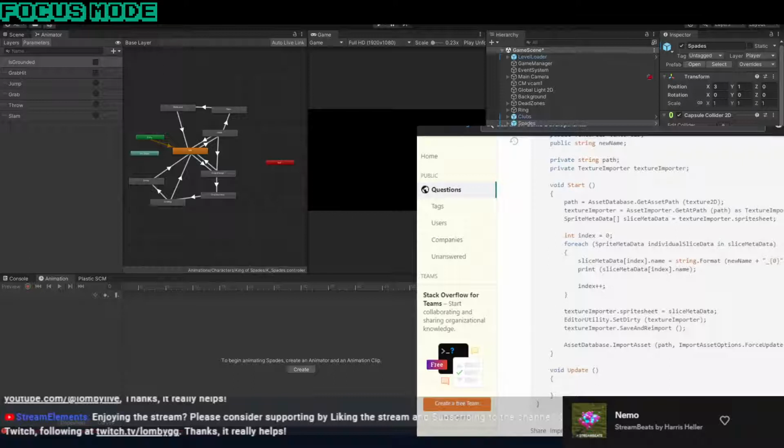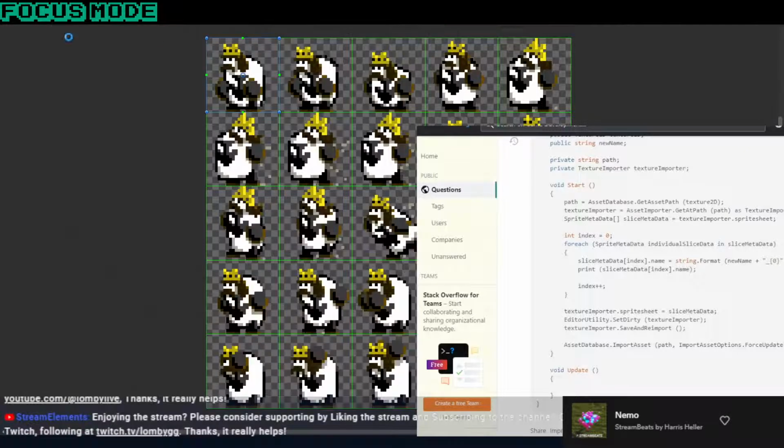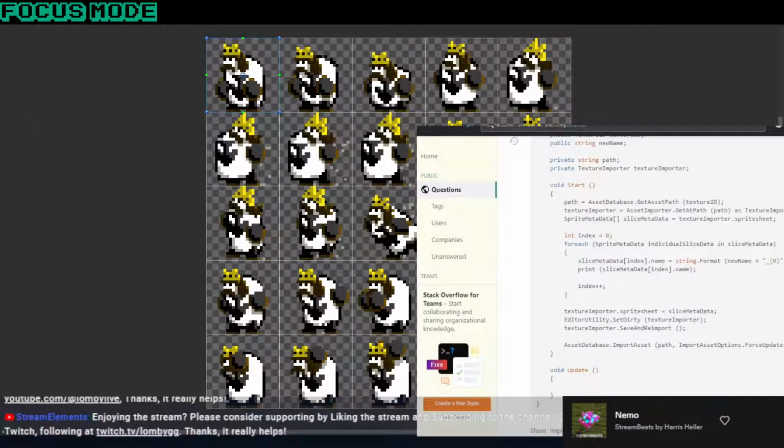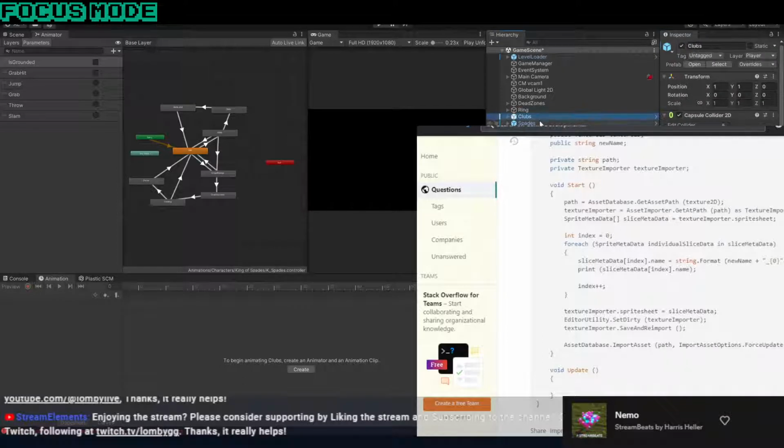Right, so what we can do though is go back to here, go into the sprite editor and recut them. Do a 5x5 grid. Oh no, not 85. 5x5. Slice, and that should rename them all. Yeah. Apply. Close that. And now if we look at our spade